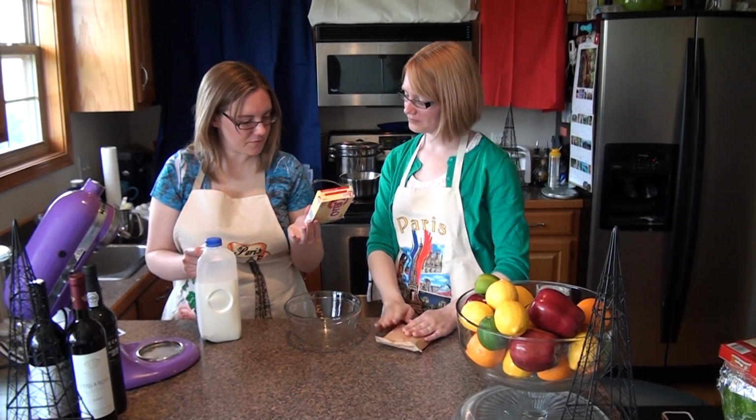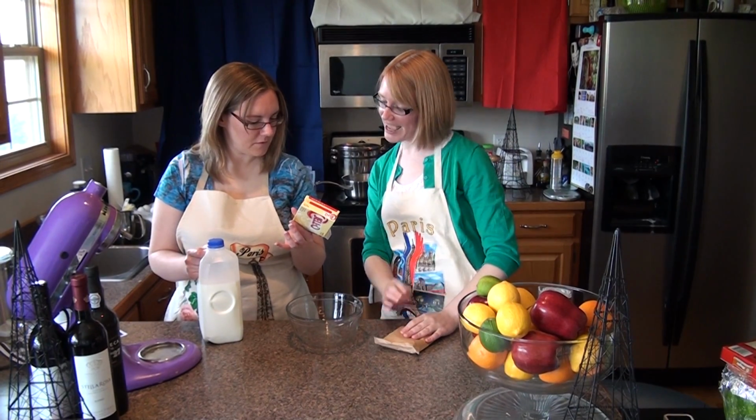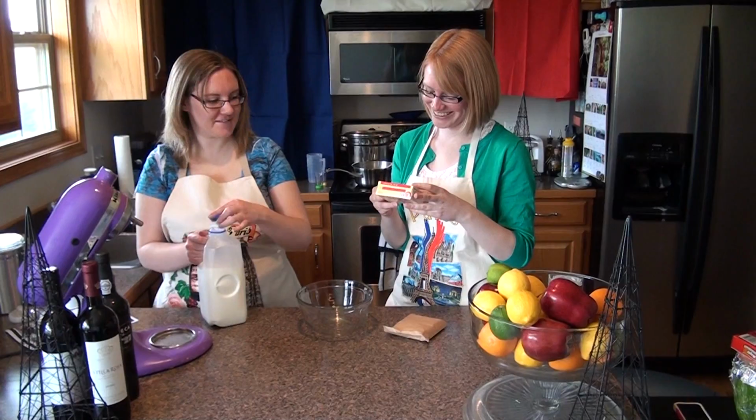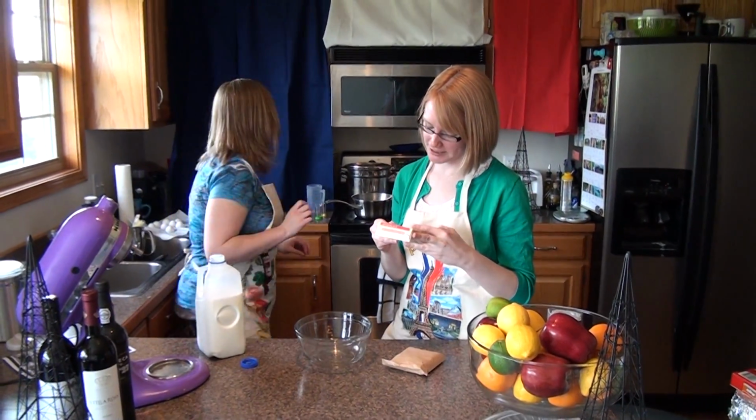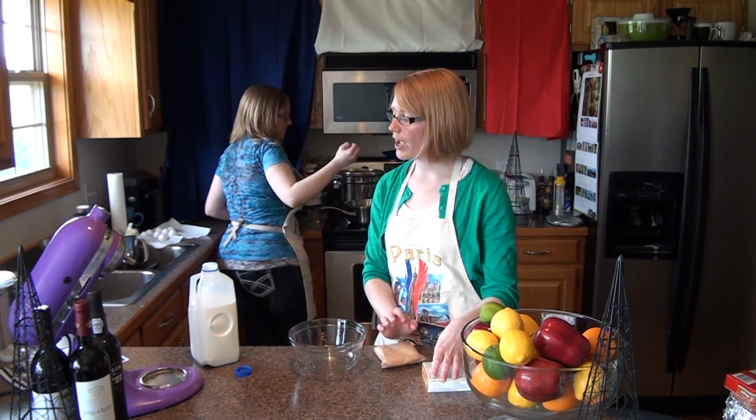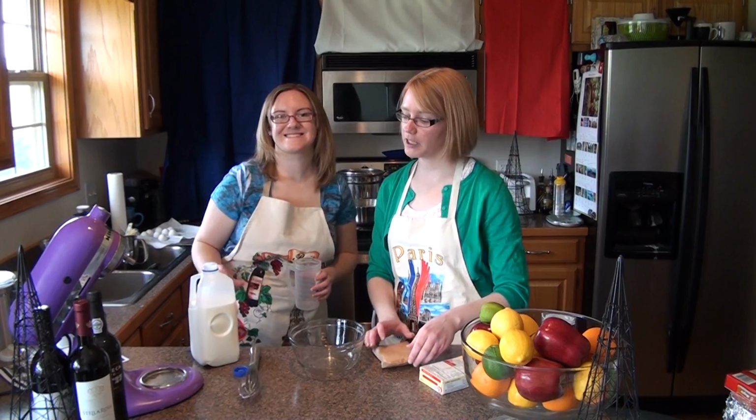This says use 3 cups of milk, right? Yes, it says 3 cups. Just checking. Do you have a whisk? As Laura tries to find us a whisk, we're going to go ahead and start making the filling for our